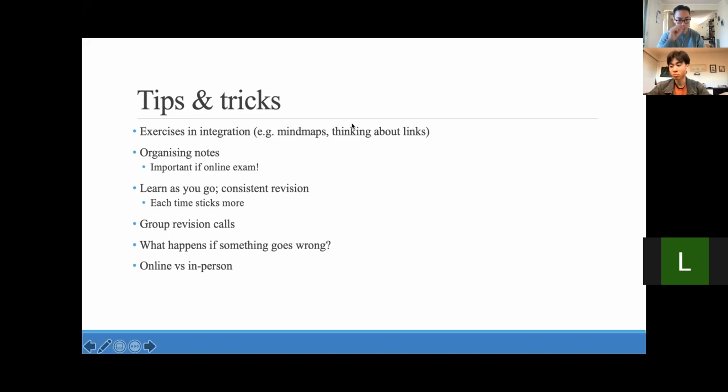So I reckon the best one would probably be the mind maps or just summary diagrams for each topic block. The next thing that's probably important is, for example, I don't know what you did, Stone, but what I did for exam revision, the best way to revise for this is to think about the different possible links that you can make between the different topics, between the different content that you've learned. Group study might also be pretty nice just to talk through stuff, to consolidate your knowledge. The rest is just pretty much some general tips.